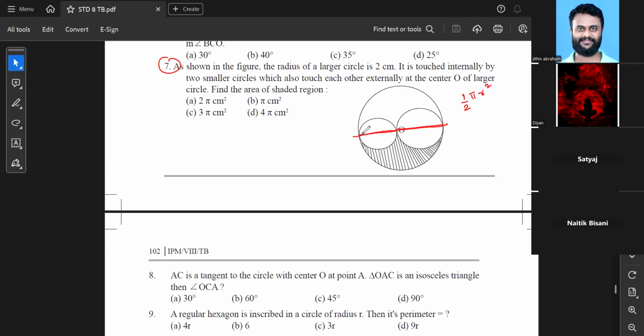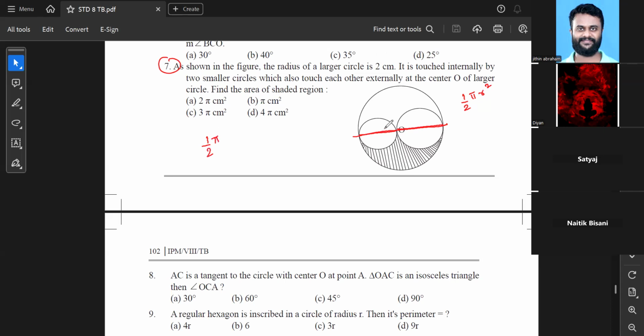Just a minute, let me complete this calculation. First, let me complete question 7. Now, half pi r square is the area of a semicircle. So what I'm going to do is, from the bigger semicircle, I'll be subtracting two smaller semicircles. So that will be half